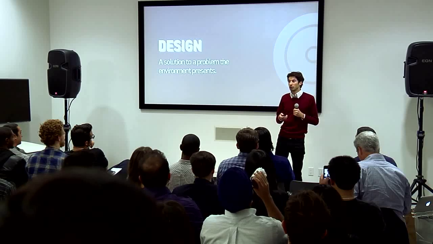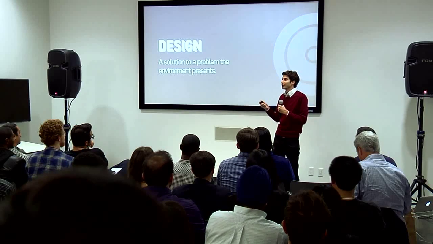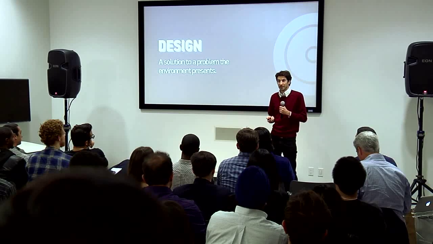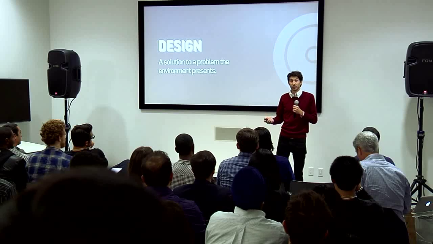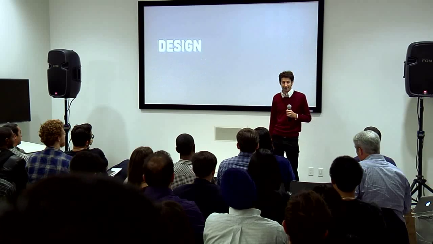No matter where you go or what you do, you're always in some kind of environment. And that environment creates not only the problems that need to be solved, but also the constraints. So that means that design is always tied to context. So when we talk about social design, we're also talking about people and their relationships with each other. And so it makes sense to talk about the environment as it really exists in the real world. So what is that environment?